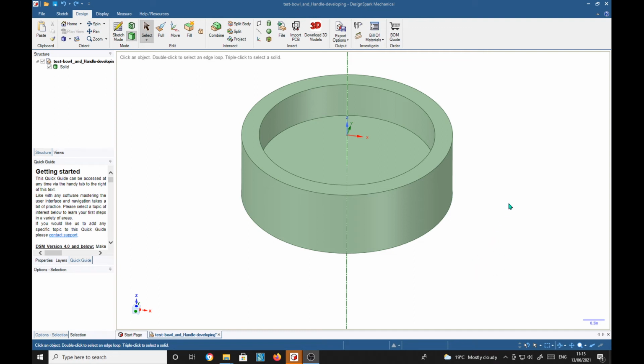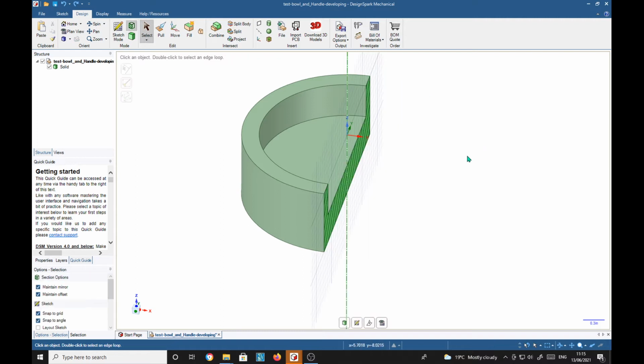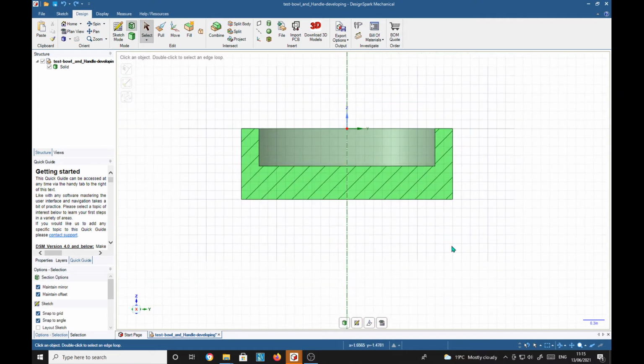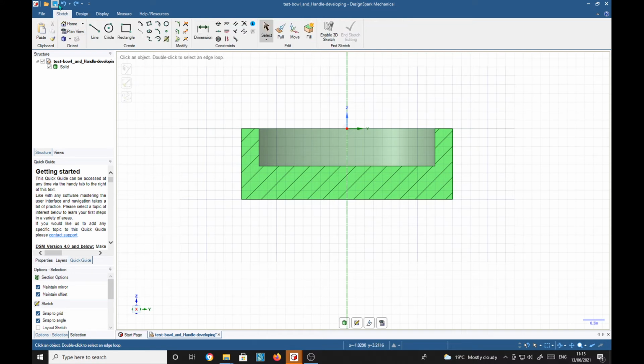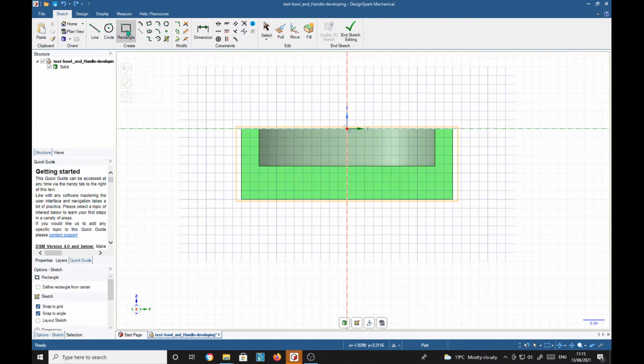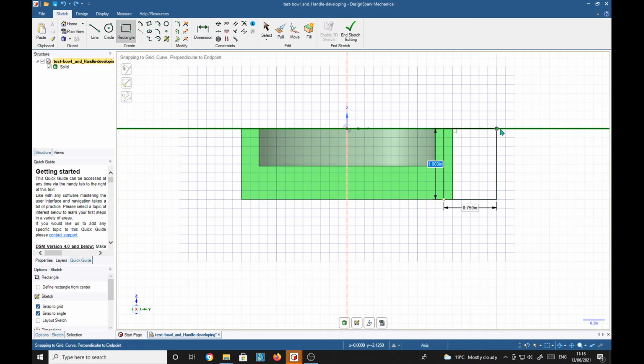And finally, method 3, again select the center line, press X to get a section, V to square it up for us, and we go to sketch plane again, sketch tools, rectangle, and in here we draw a rectangle,